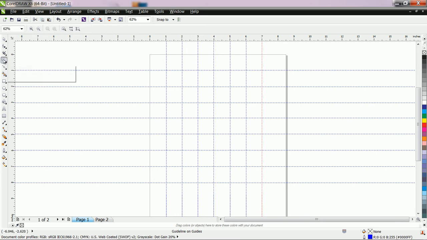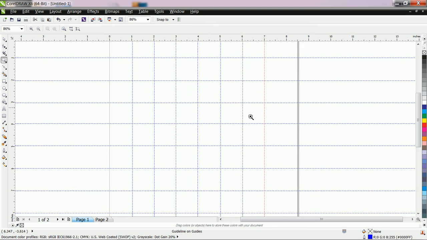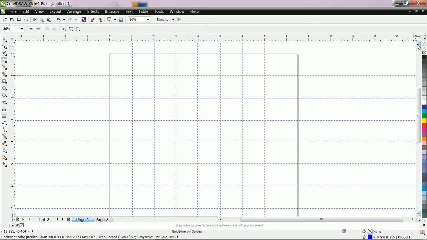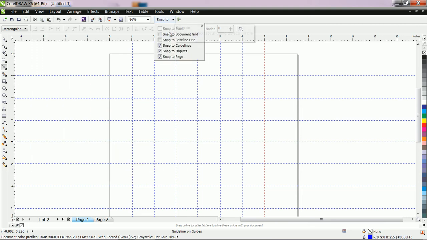Therefore, click on zoom and let us zoom this area. This is our working area. Now let us create a curve. For that purpose, here we use Bezier tool. Click on Bezier, and don't forget to set snap to guideline. Here you also have the setting of snapping. Always keep snap to guideline while using guidelines.